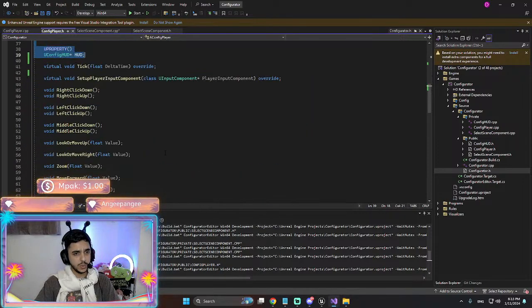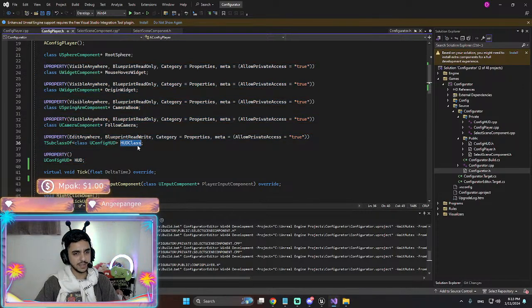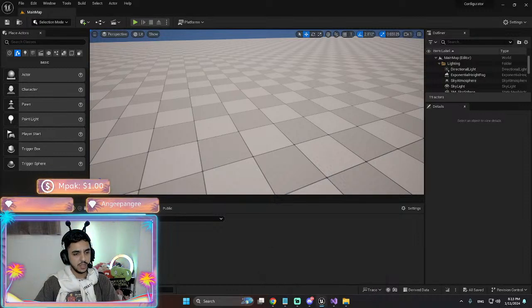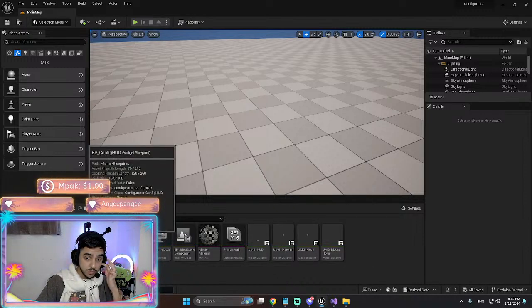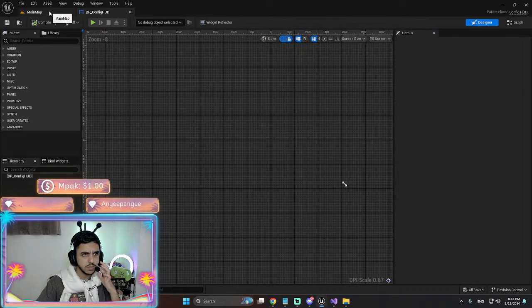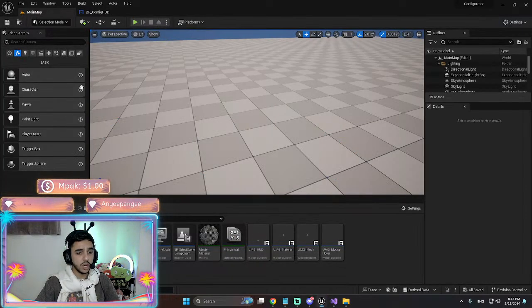We need all those. What we don't need is a HUD class. Let's see what the HUD class currently is in our project. This is the HUD class. No, I'm dumb. This is not the config class, but yeah, should be config HUD.